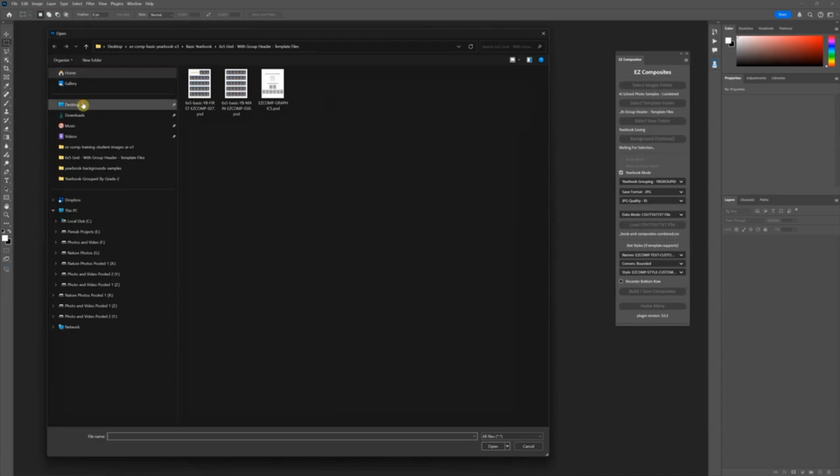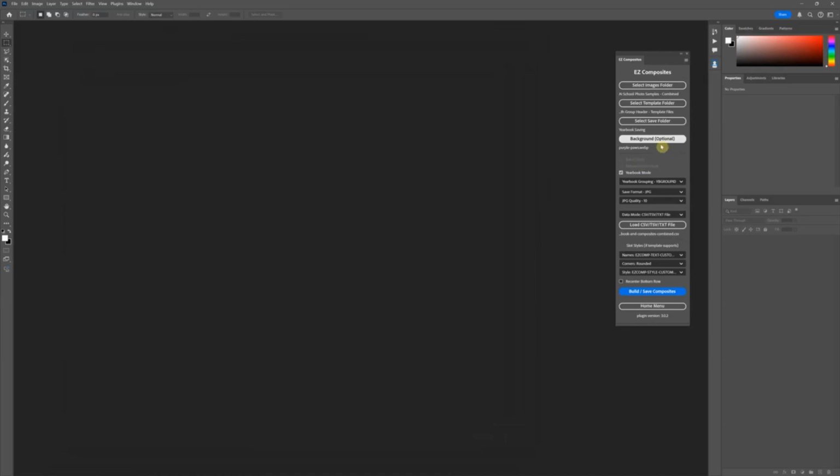And if you add a background file from here, now this is a single layer file you're going to want to add. This is not selecting your Easy Comp Graphics PSD. This is just selecting a single layer. That will override the graphics